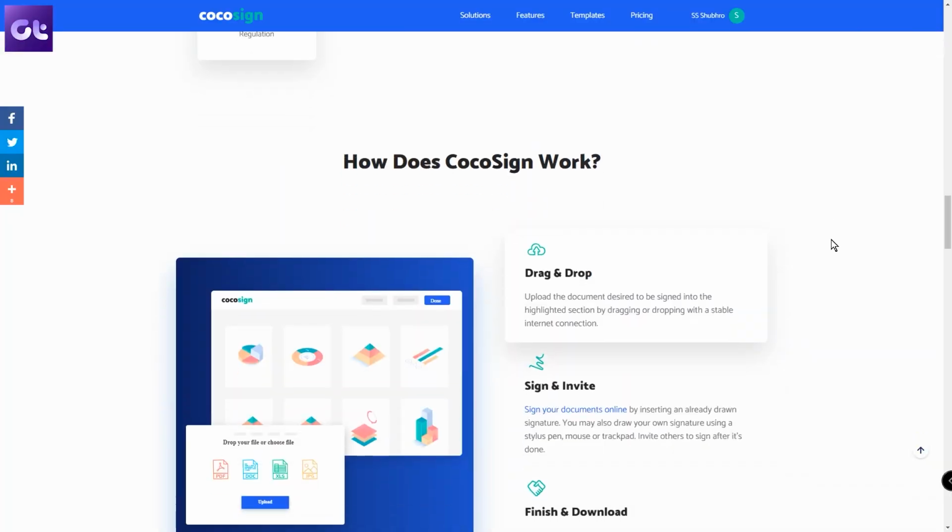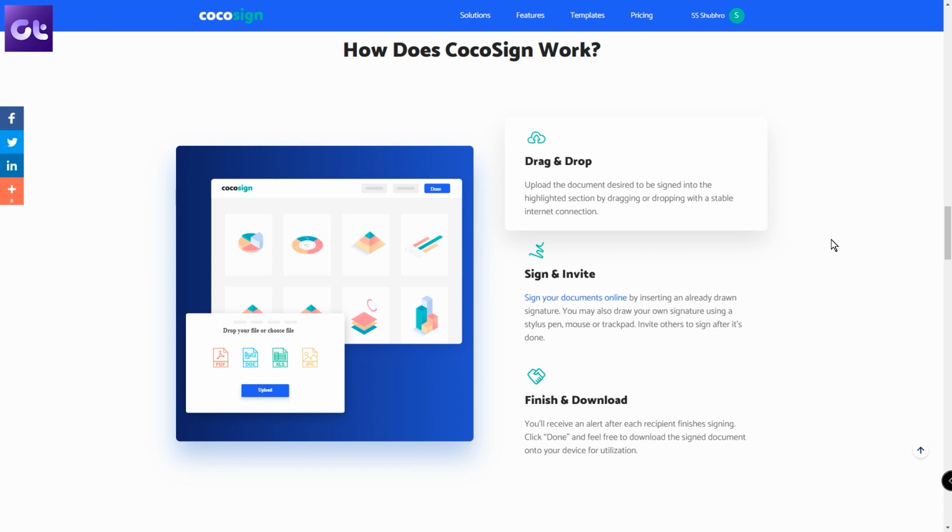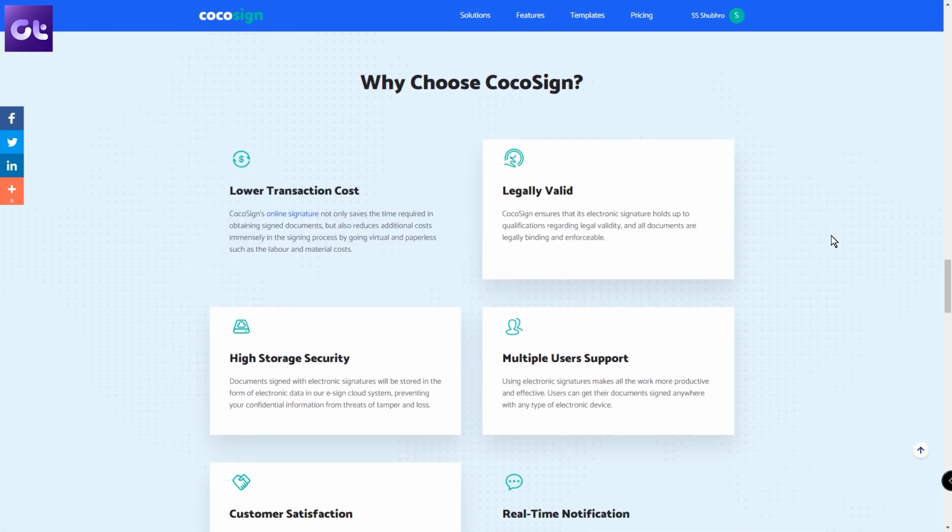Now, there are plenty of advantages to using a digital signature like this. First off is the amount of time and cost that you save by using a digital signature. For instance, you do not have to go out, go to a printing shop, take a printout and manually sign it and then basically scan it again and then send it. Instead, what happens is once you receive a digital copy of any document, just sign it digitally with CocoSign and then just send it across. And that will be validated and accepted everywhere. Like nobody can say that, okay, we won't accept it. This will be accepted anywhere.